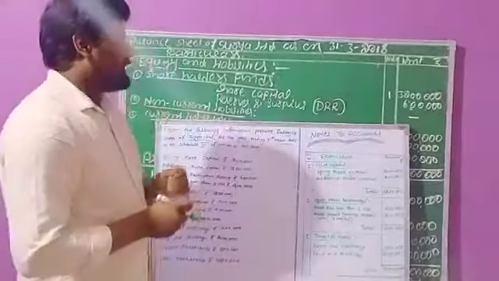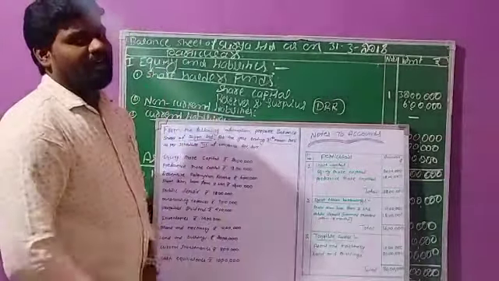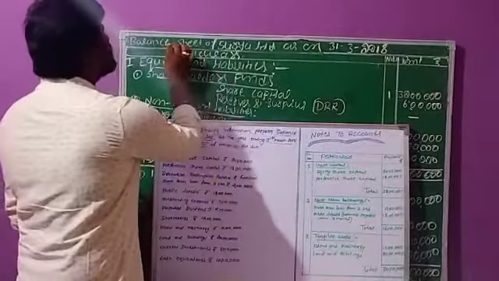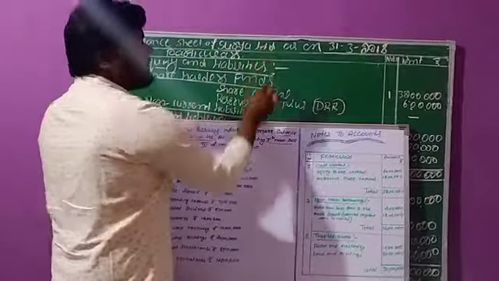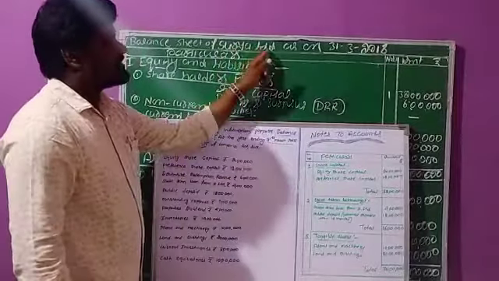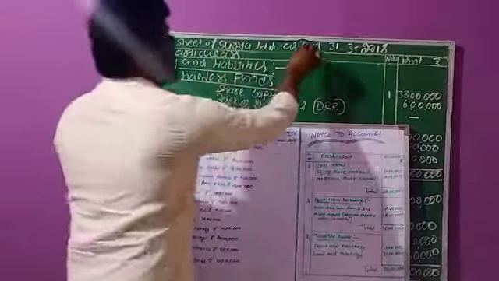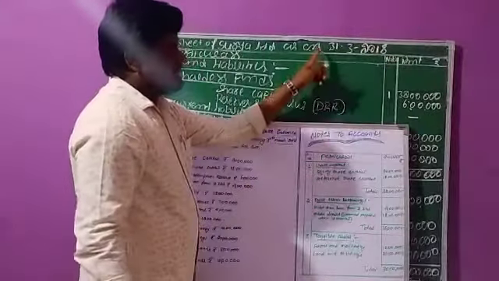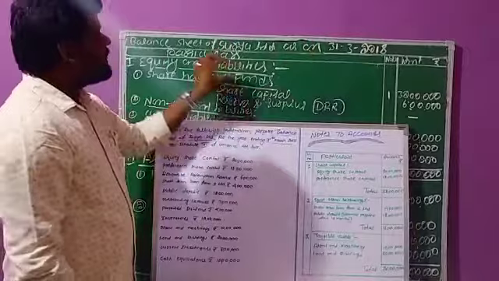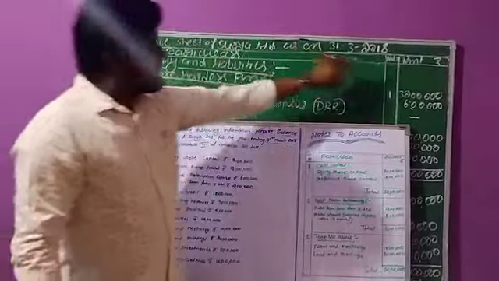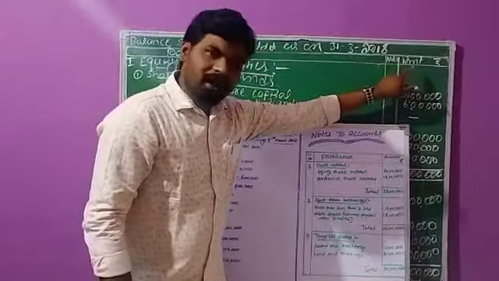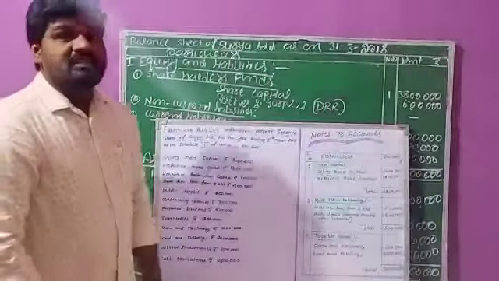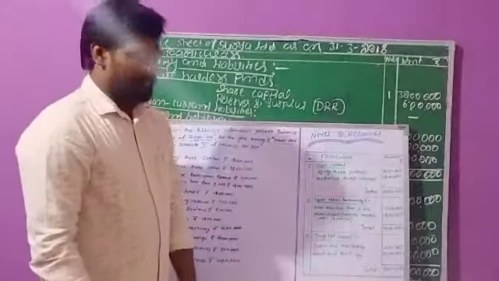For the preparation of balance sheet, first we will take the name of the account, the headline. The headline is balance sheet of Surya Limited. We are preparing the Surya company balance sheet, right? That's why we need to write Surya Limited as on 31st March 2018. Under this, we have to take three columns. The first column for particulars, the second column for notes, and the third column for amount. This is the format for the preparation of a vertical balance sheet in the financial statements of a company.